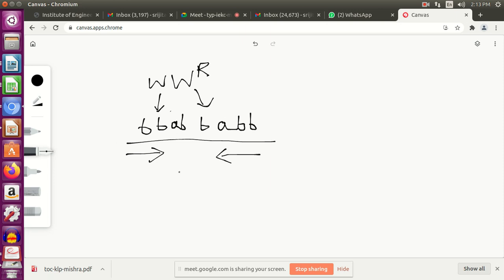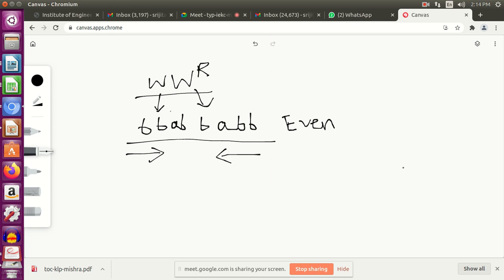So it's a palindrome. All of you have studied the concept of palindrome, so all of you are familiar with what a palindrome is. So over here when I write w w to the power r, this is a palindrome and this is an even length palindrome. If you notice, it is an even length palindrome. Whenever you are writing something of this form, it will give you an even length palindrome.